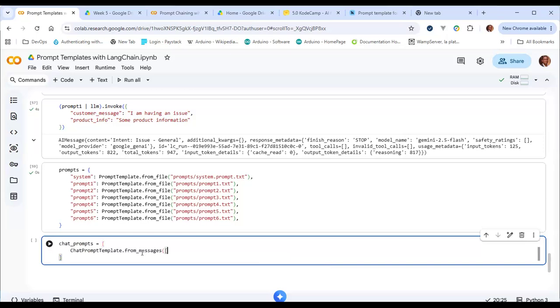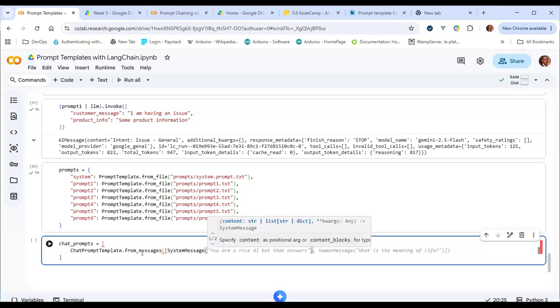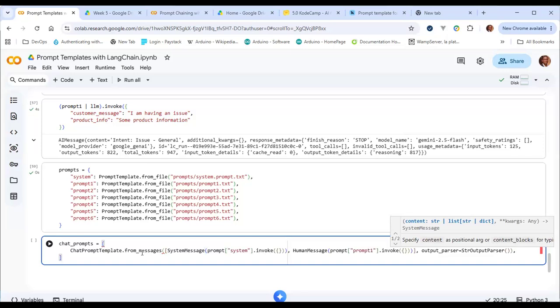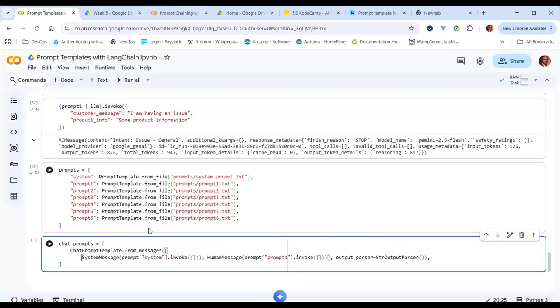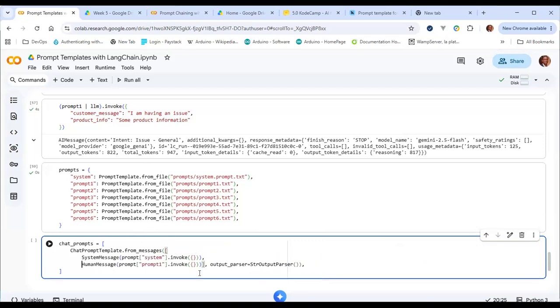So the first one is from messages. The first message is going to be a system message. So we can just write system message, and we will take the message from the prompt. Now, this is going to look as if it is a bit complex, but I'll break it down. What are we actually doing here? In order for us to incorporate system message and human message,